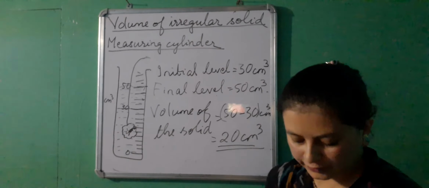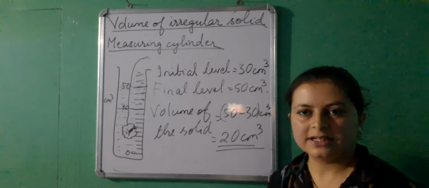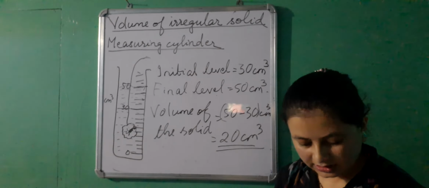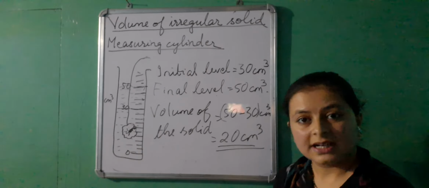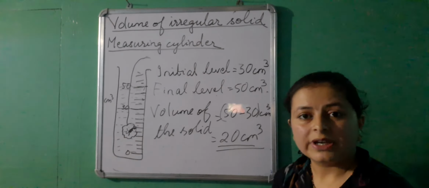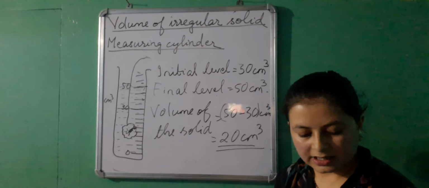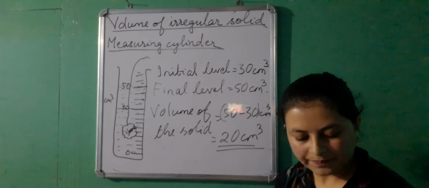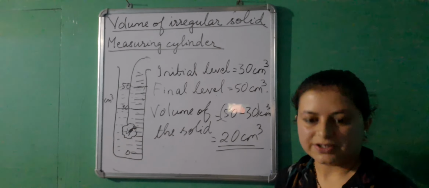Okay, so we have come to the end of the chapter, and let me give you a brief revision of what we have done in today's class. Firstly, we came to know about the various measuring instruments. The measuring instruments that we have discussed today are firstly scale for the measurement of length. Secondly, clocks for measurement of time. Thirdly, measuring cylinder for measurement of volume. And lastly, common balance, which is used for measurement of mass.